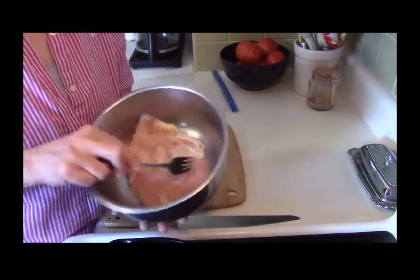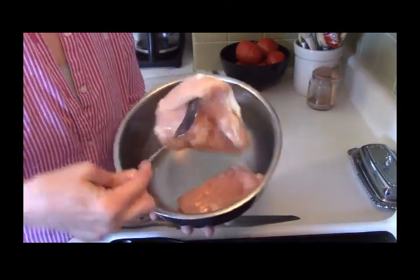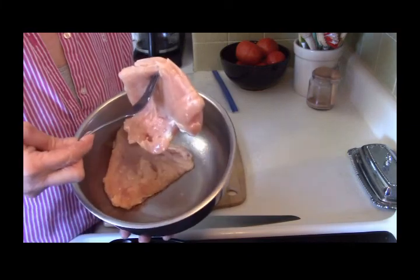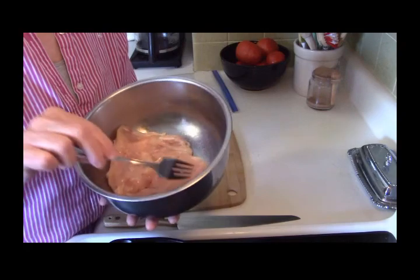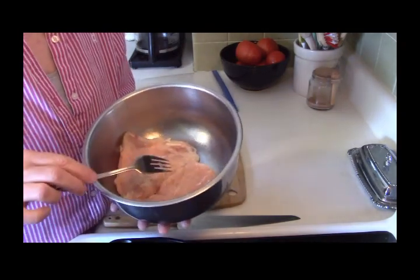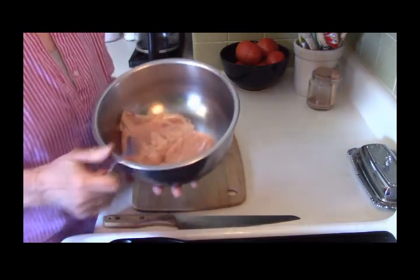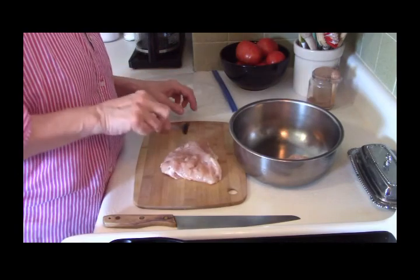Now, you can see that these are fairly thick. Now, one of the characteristics of a chicken cutlet is they are thin, and we want our chicken cutlets thinner than this. And actually, I'm going to divide these two in half. I'm going to pound them out in a zip bag, and so we're going to end up with 4 chicken cutlets. Okay? All right, so first thing I'm going to do,